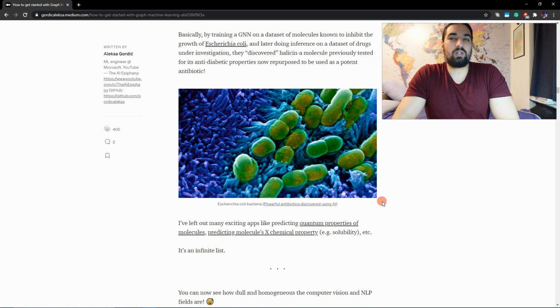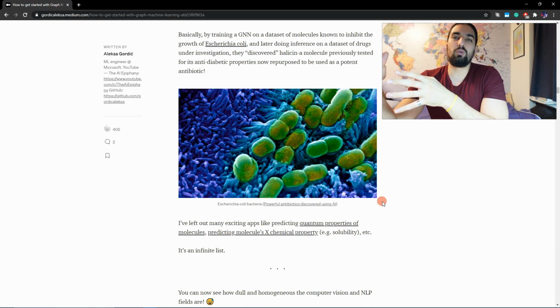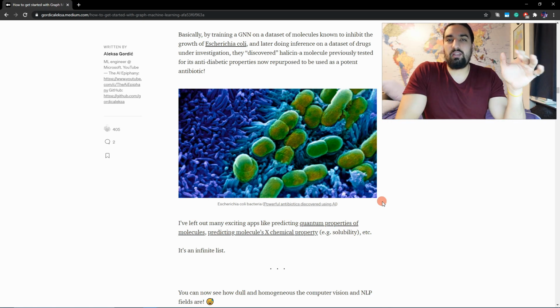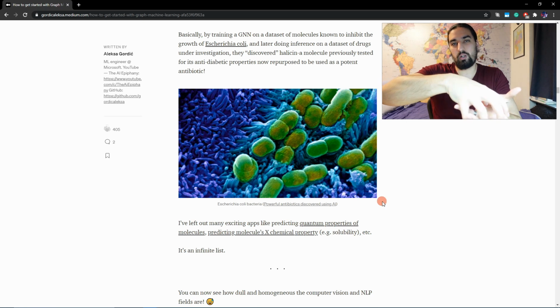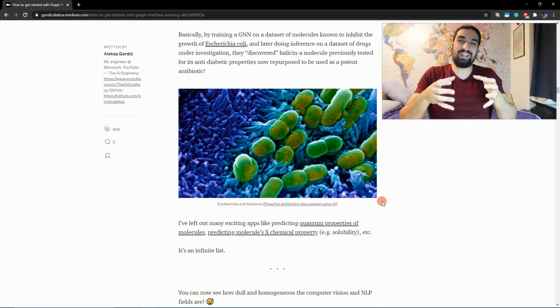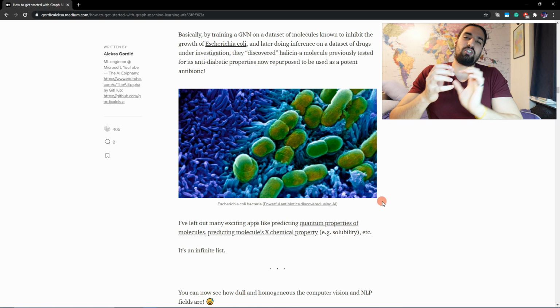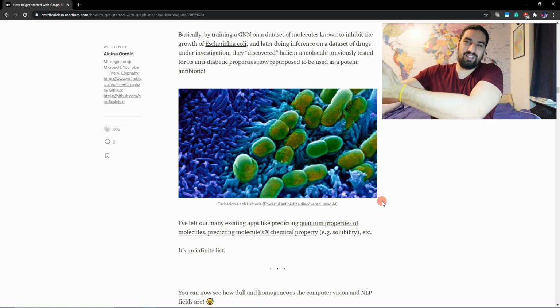And so what this graph neural network did is it was trained on a set of these specific molecules, and was trained to figure out which of these molecules tend to inhibit one specific bacteria, namely the Escherichia coli in this example. And then once they deployed the trained graph neural network onto a specific new data set, it was able to filter out 100 candidates that gave a high probability that this molecule will inhibit Escherichia coli. And then they just delegated that small subset of molecules to scientists, and they were able to